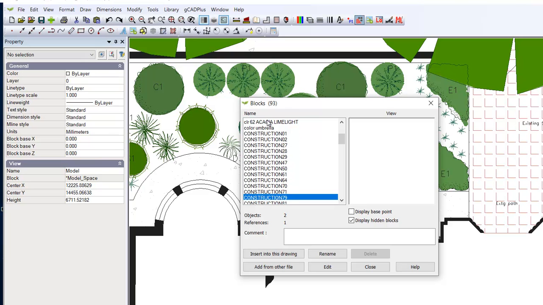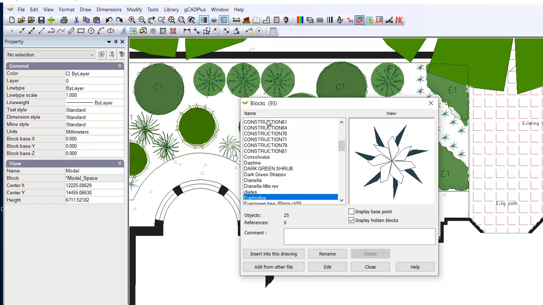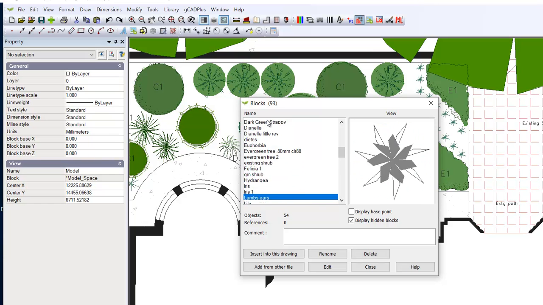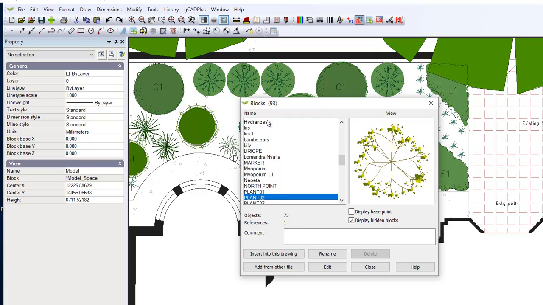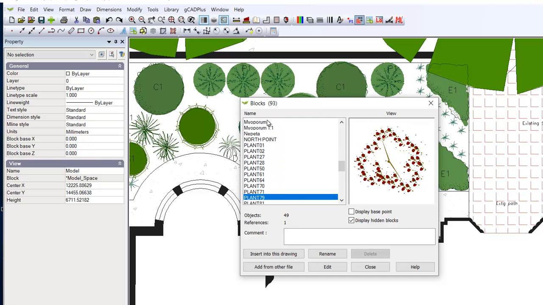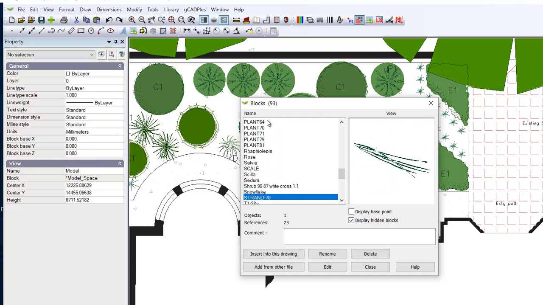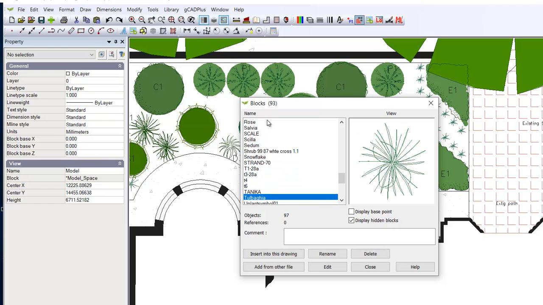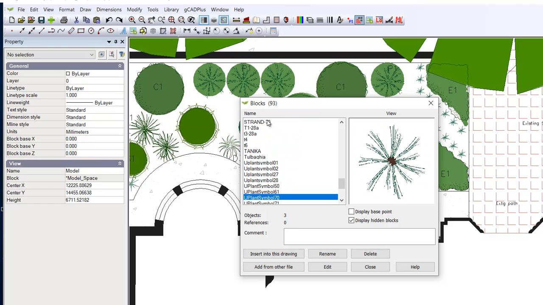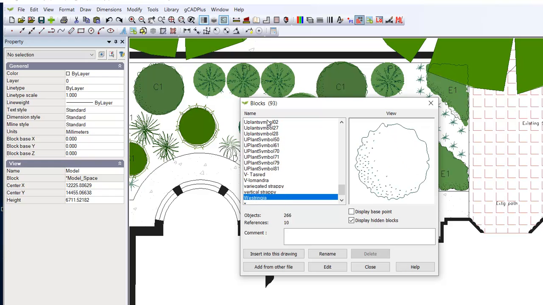An awful lot of construction blocks there. I don't think there are any more, and I think if we carry on to the bottom, I can see strand-70 and so on. So it looks to me as though any block with a forward slash and backslash has now been removed,